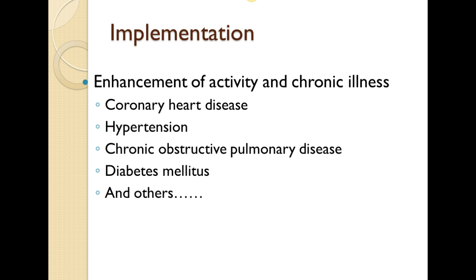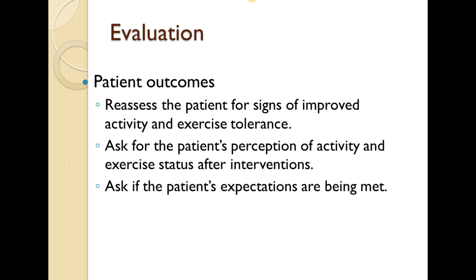Individuals with type 1 diabetes need to exercise because it leads to improved glucose control, cardiovascular fitness, and psychological well-being. When evaluating outcomes, the patient is the best source of information about the effectiveness and benefits of activity and exercise. You also want to look at the patient for signs of improved activity and exercise tolerance. Again, seek their perception of how things are going and ask if their expectations are